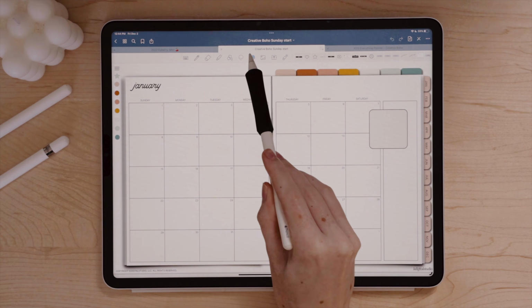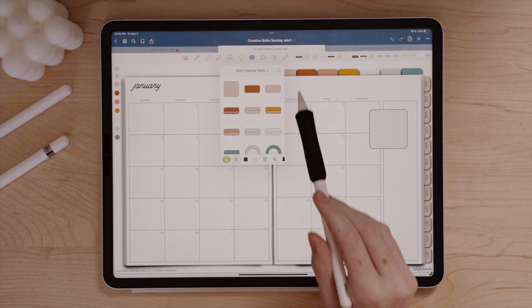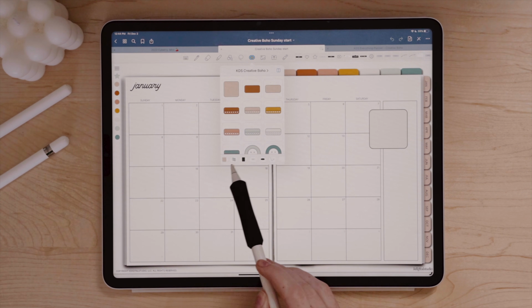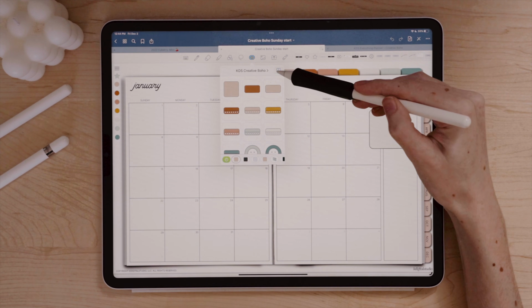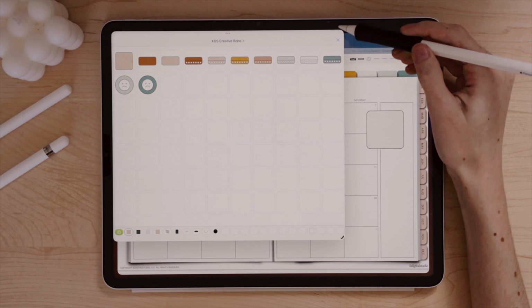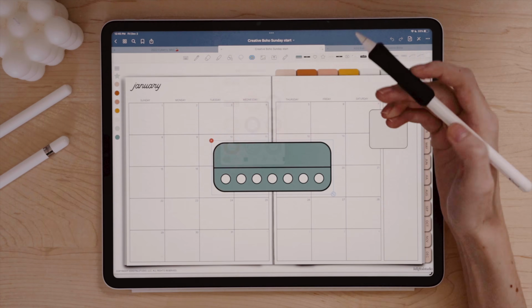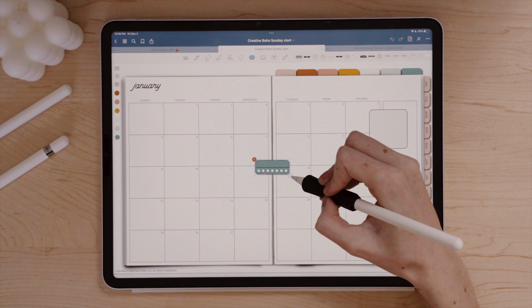And that is this tool right here. If I click this, it'll open up our most recently made Elements collection, and you can also find it here at the very top of our Elements collections if you have multiple. You can also pull it up in its own window if you would like. So now we can go into our Elements collection and select a sticker, and then it'll automatically add inside our